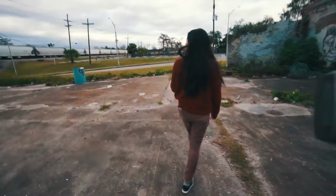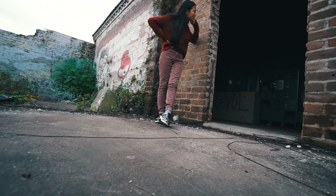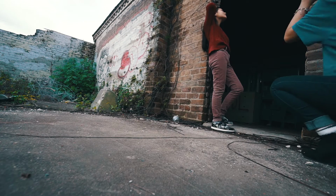Dorothy, my model, my beautiful model. One picture. Yeah. By the door. Look out to the